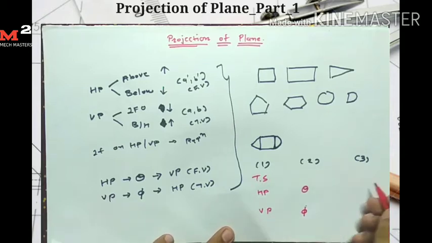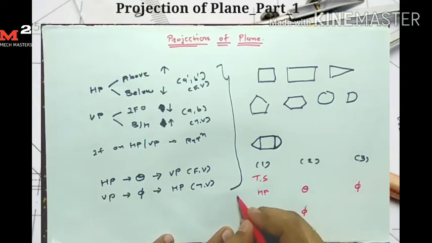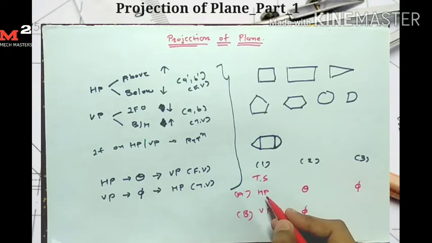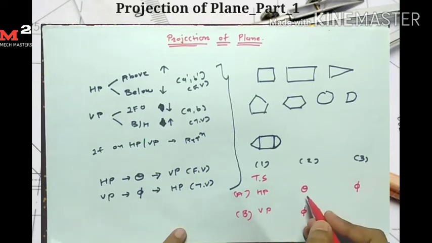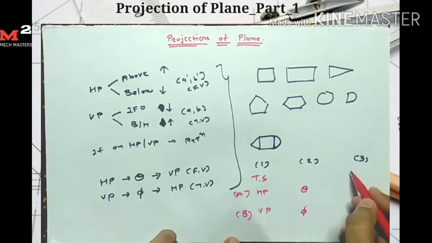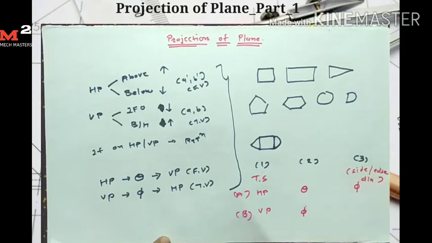In the third stage we draw the front view and top view for the angle phi in this case. Here I give the names. In case A, we draw the front view and top view for the plane when it is resting on HP. Then second, we draw for the angle theta, and last for the angle phi. Here phi is made by any side of the plane, edge, diameter, etc., that is given in the question. In case B, if the plane is resting on VP, then in the second stage we draw for phi, and in the last stage we draw for the angle theta.